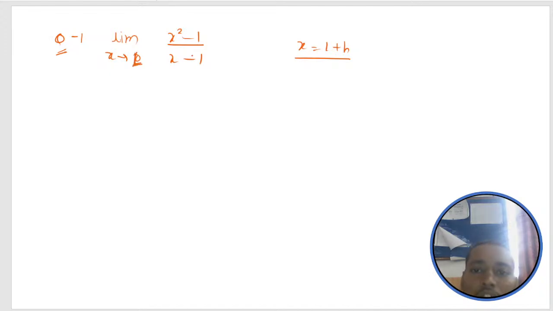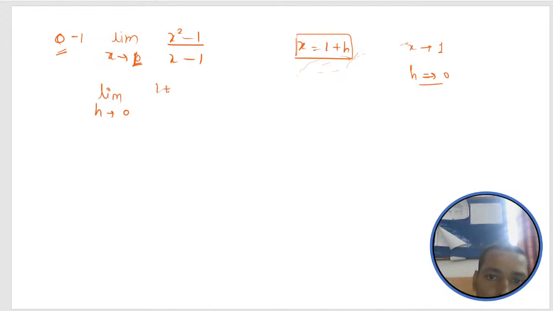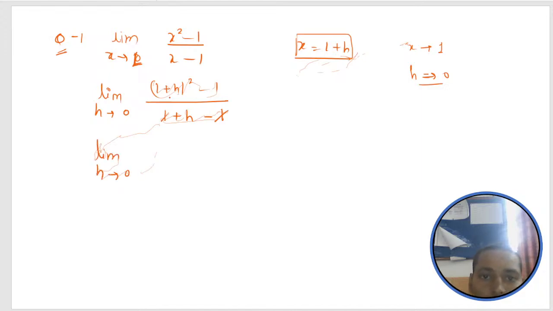If the x is tending to 1 and x equals to 1 plus h we are taking, we must understand that if x is tending to 1, then h is going to be 0, and then limit, we are here now putting the limit h tending to 0, in the place of x we are writing 1 plus h whole square minus 1 upon, in the place of x I can write 1 plus h minus 1. 1 and 1 will get cancel, and limit h is tending to 0, 1 plus h,